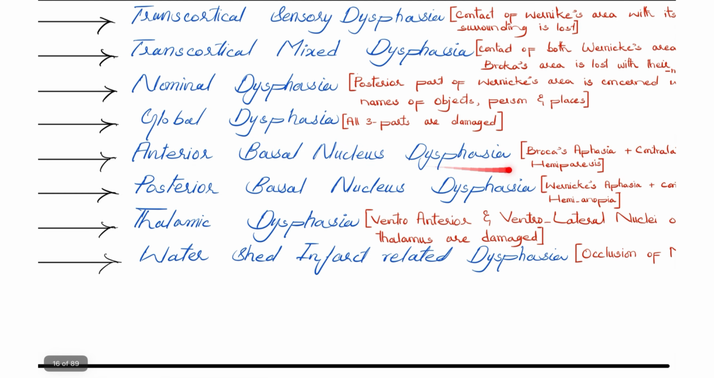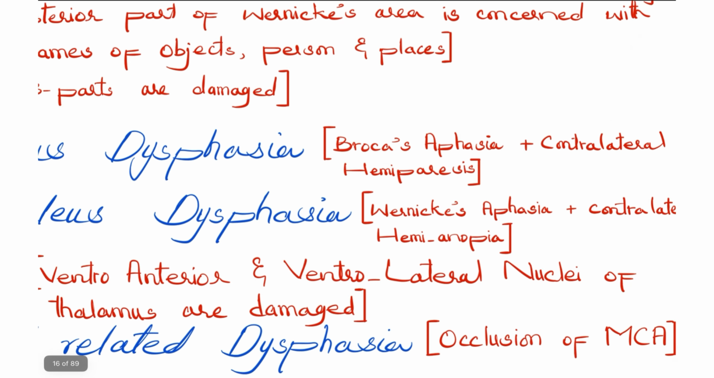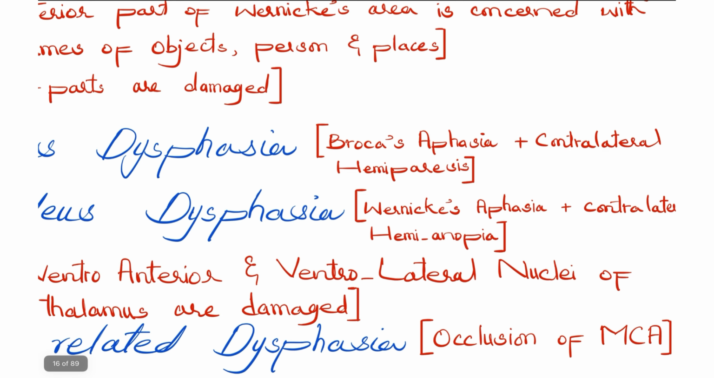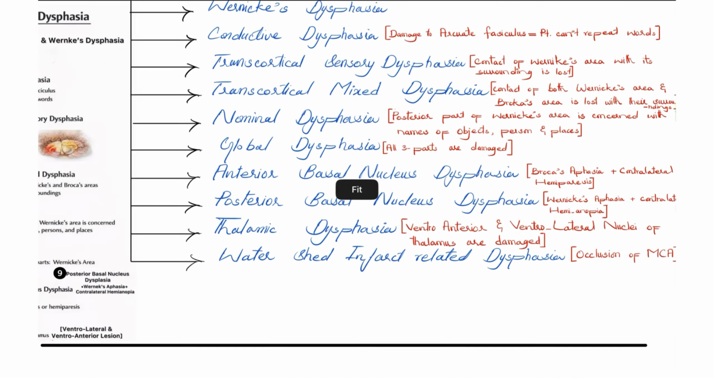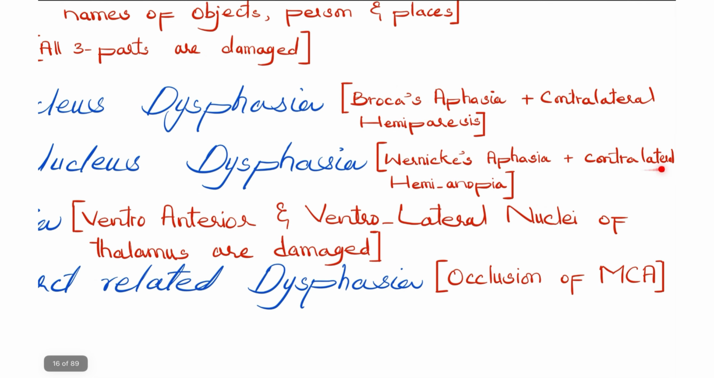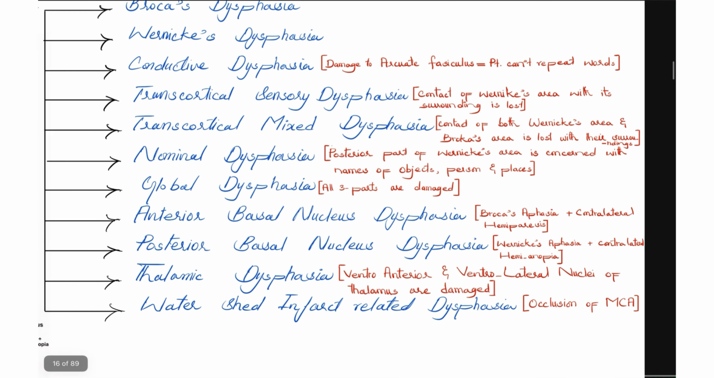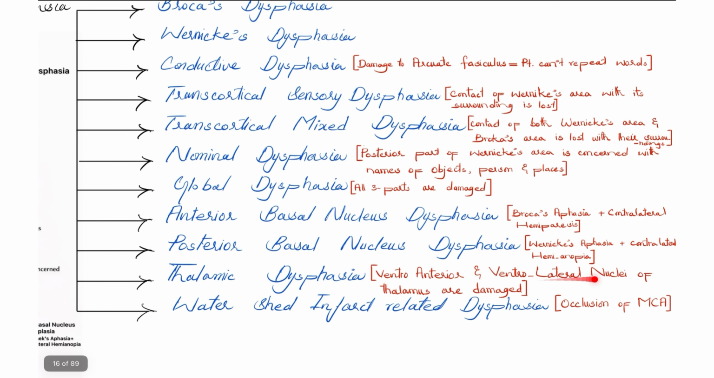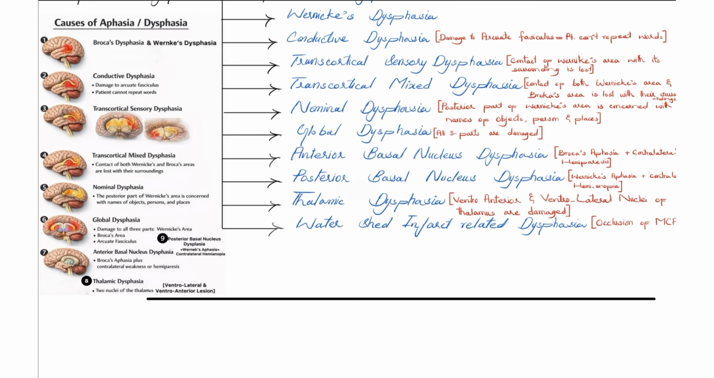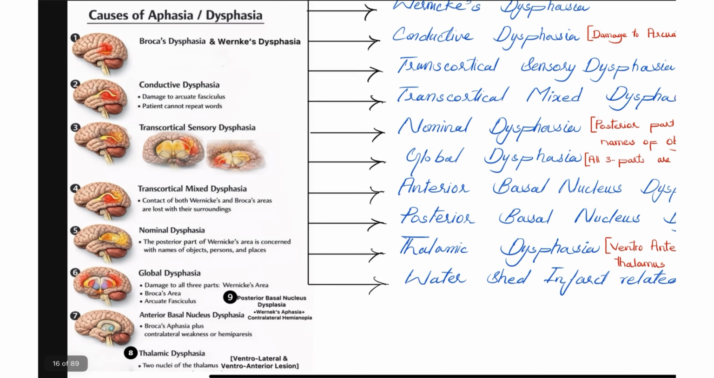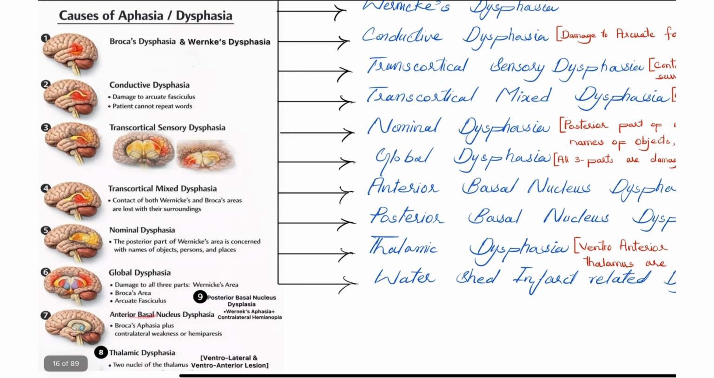Anterior basal nucleus dysphasia occurs when there is Broca's aphasia combined with contralateral hemiparesis, and posterior basal nucleus dysphasia occurs when there is Wernicke's aphasia along with contralateral hemianopia. Thalamic dysphasia occurs when there is damage to the ventroanterior and ventrolateral nuclei of the thalamus, and watershed infarct-related dysphasia when there is occlusion of the middle cerebral artery. So the image is also being provided for an easy and quick recall of the causes of aphasia or dysphasia